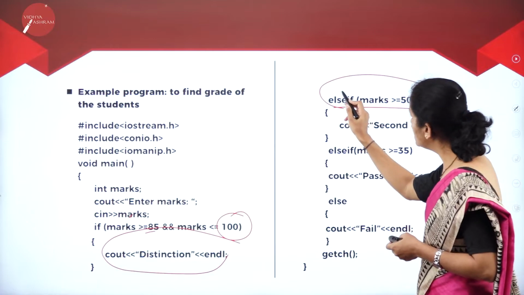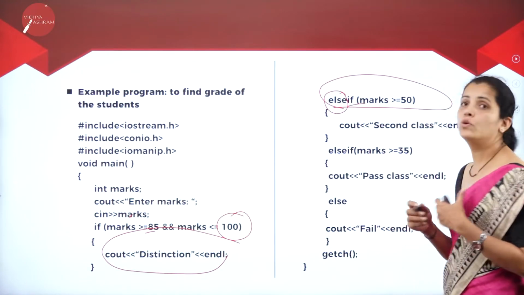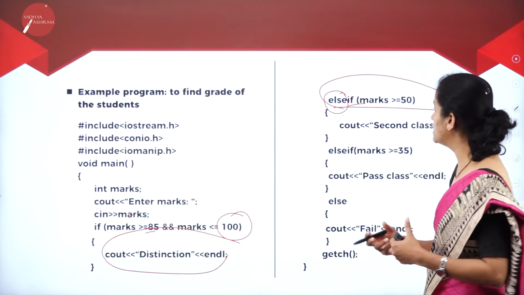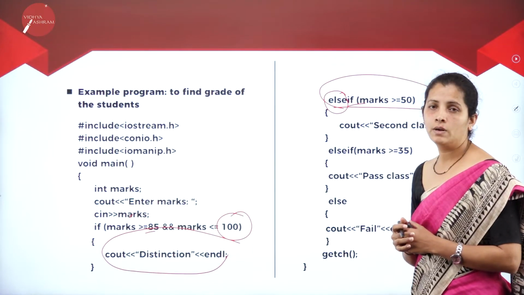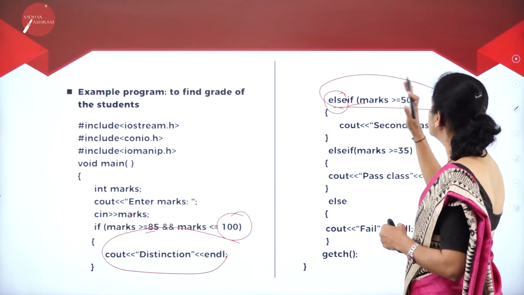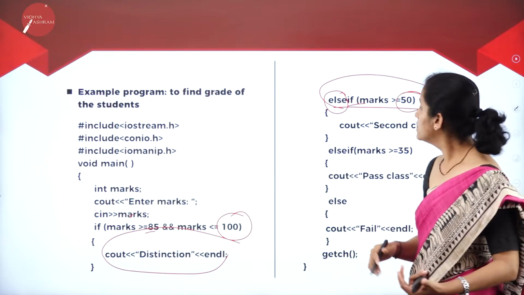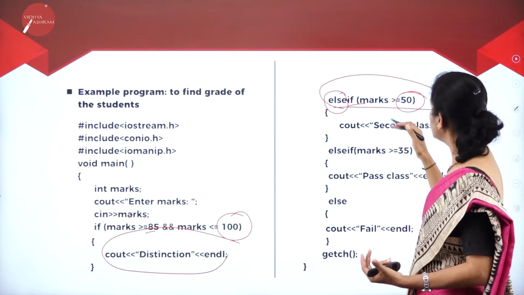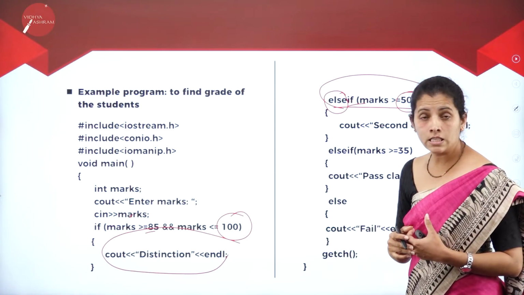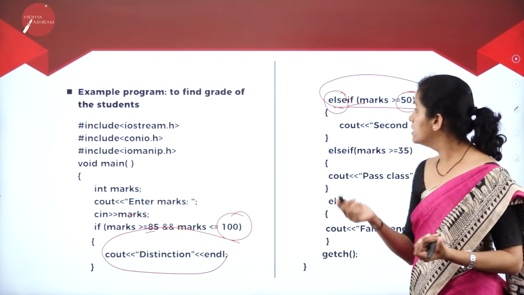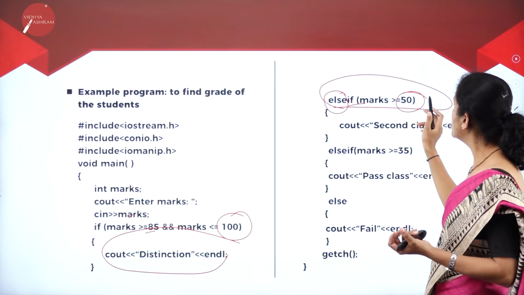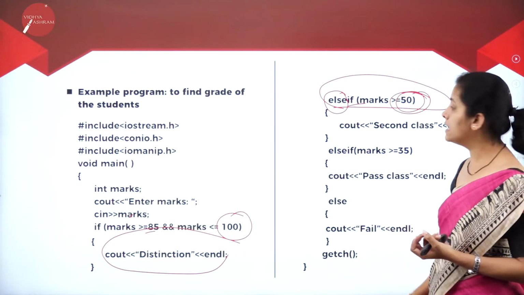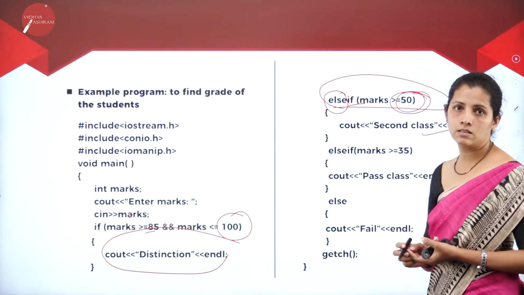So I'm having else part. Along with that, I'm going to add my if statement, that is else if. Okay, if marks is greater than 50, then it is second class. If mark is greater than 60, then it is first class. Here I have written if marks is greater than 50, then it is second class. If it is true,